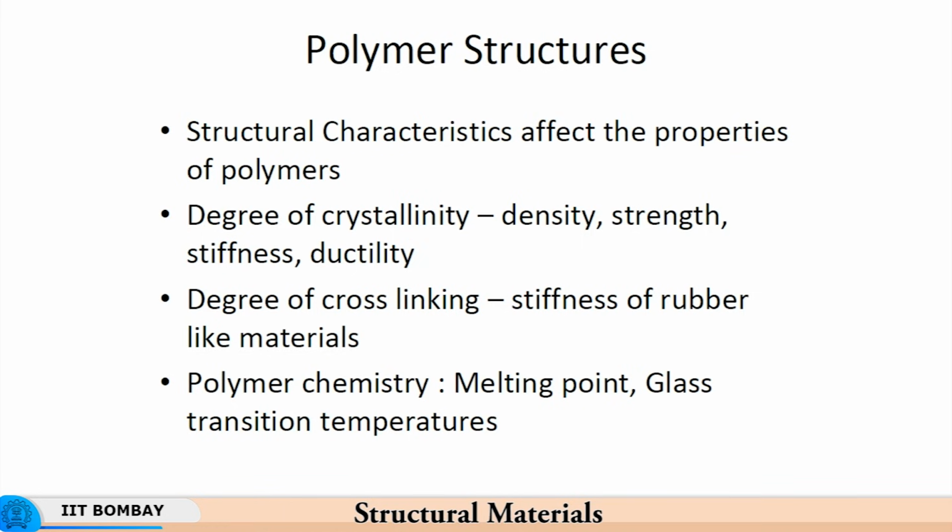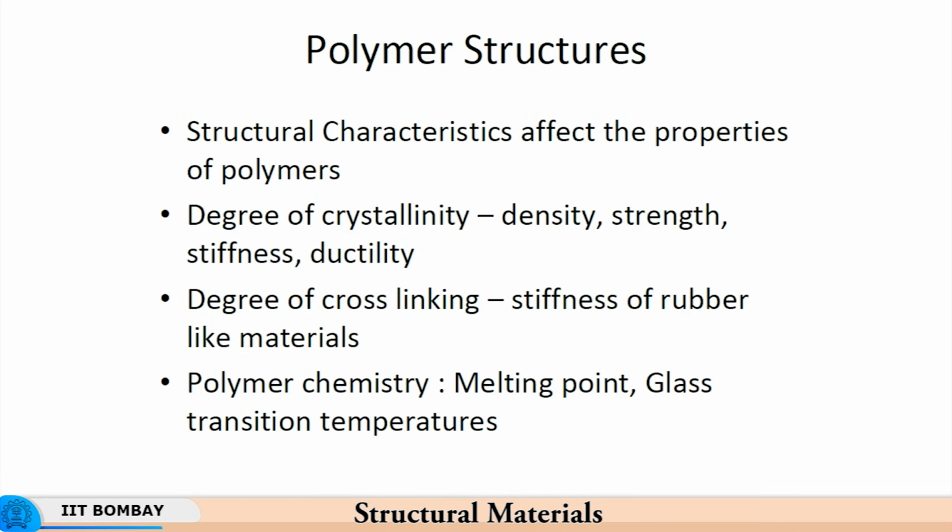So very clearly it is the interatomic bonds between carbon and hydrogen, and so the structural characteristics affect the properties of polymers. So what are the structural characteristics? Well, you have a polymeric chain. Larger is the length of the chain, more is the molecular weight. So each chain forms one molecule, and the size of the molecule determines at what point that polymer is going to melt. So basically the properties of a polymer, unlike metals, depend significantly on the length of the chain and the extent of polymerization, meaning the molecular weight of the polymer.